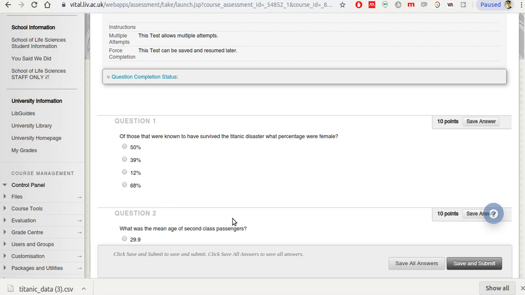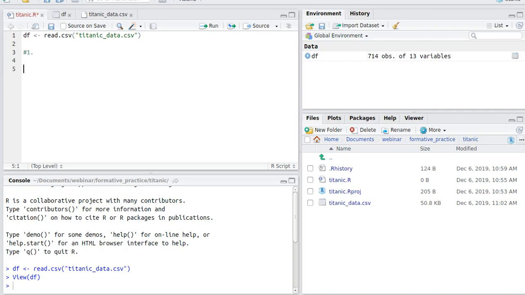Well, I'm going to create a table which contains only the females that survived, and I'm going to count the number of rows, and then I'm going to divide that by the number of rows in a table which just contains the people that survived. Okay, so how do we do that? Well, I'll create a variable called survive female, and I'm going to filter, I'm going to subset the data frame that I've read that file into above